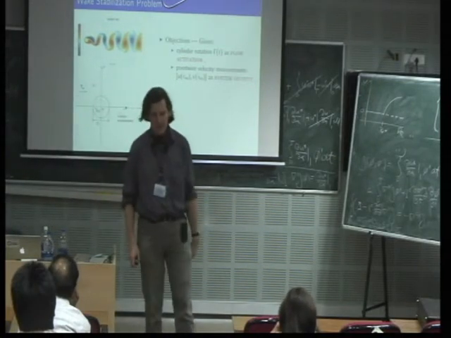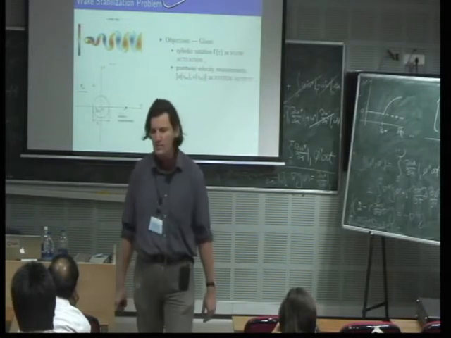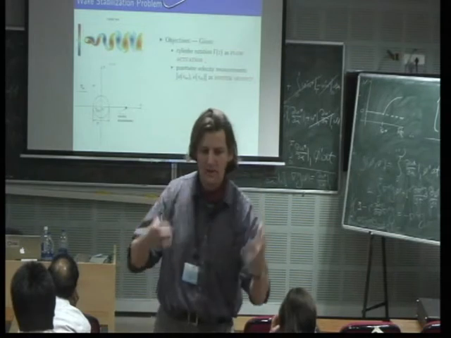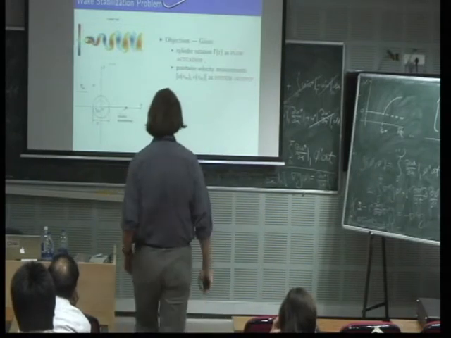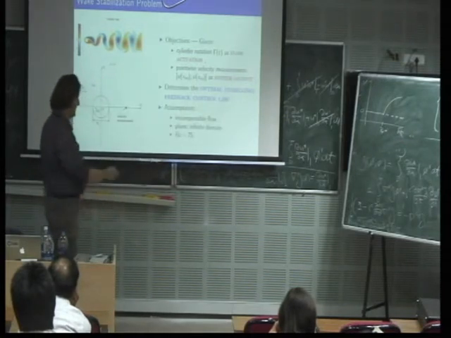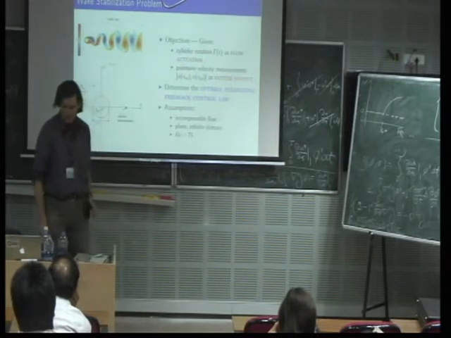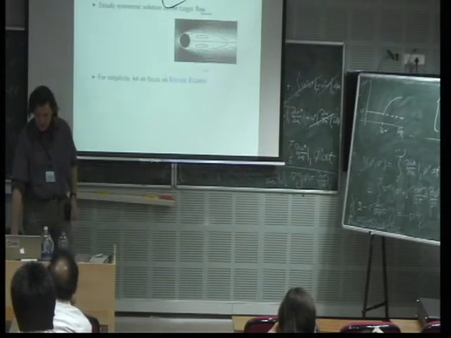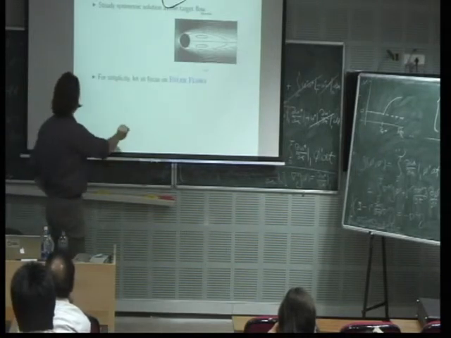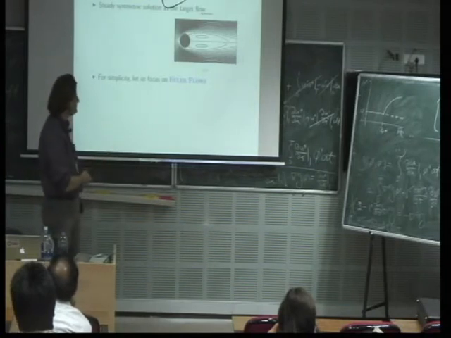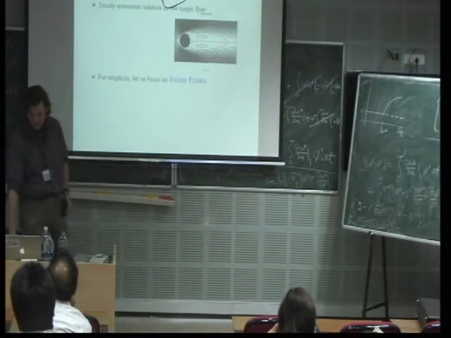Why? Well, that's what experimentalists would typically do. They stick a probe into the flow and measure velocity. That's why this model was actually devised to sort of mimic what happens in the actual experiment. And the goal is to determine an optimal stabilizing feedback control law for this system. So this is, by the way, the target flow, which is the unstable fixed point for the Navier-Stokes system, and that's what we would like to stabilize.